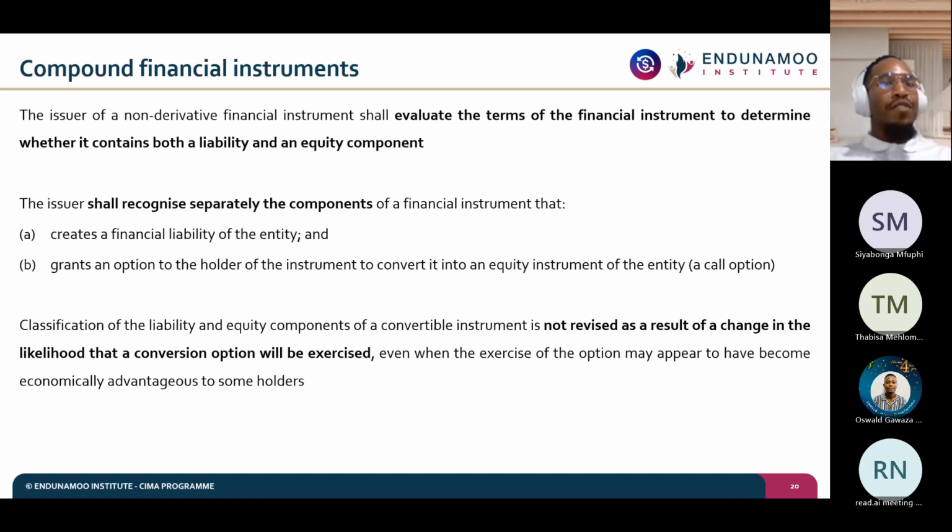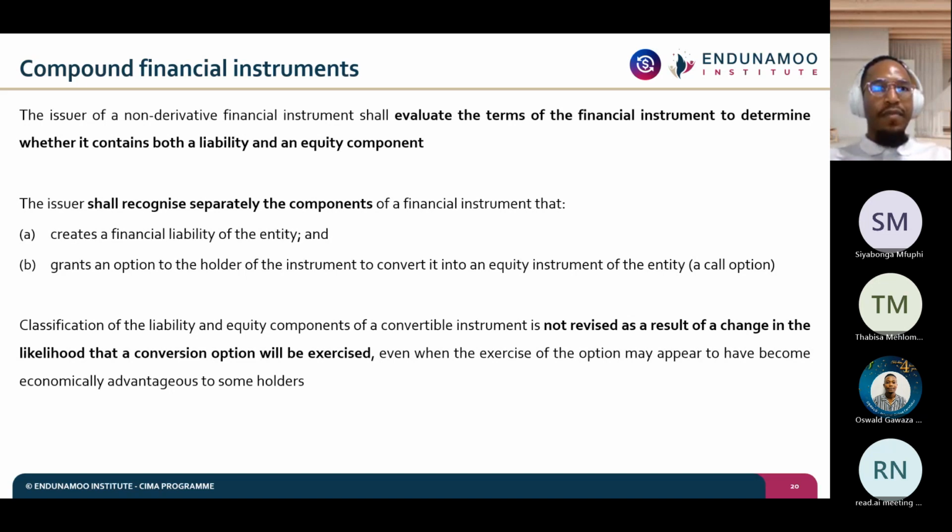But the terms of the financial instrument will be structured such that you have both an obligation to make a payment and there's an equity component. The standard says, in that instance, you would have to debit your bank account, you would have to determine the financial liability component and credit the financial liability, and also credit the portion of the instrument that is equity in